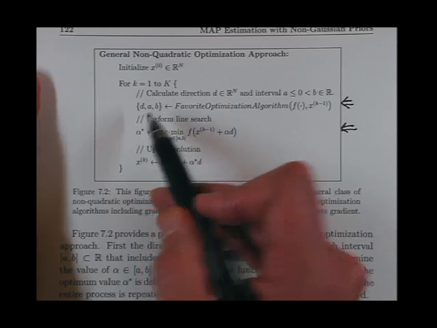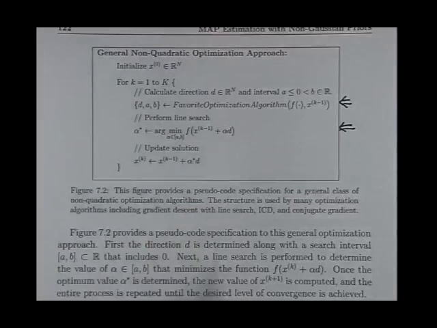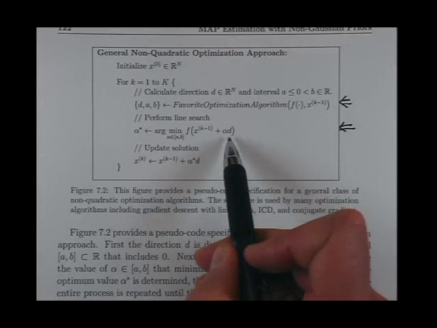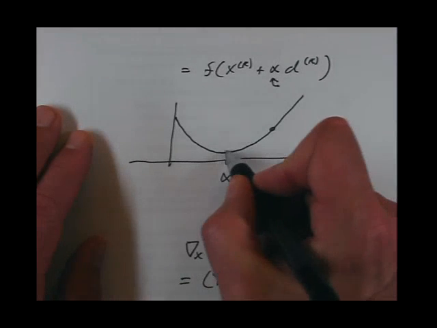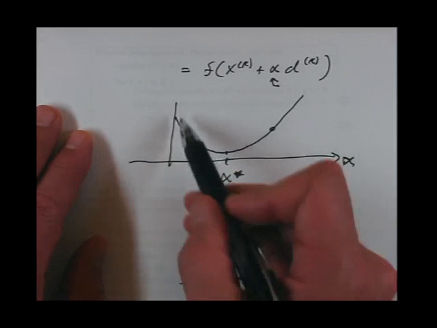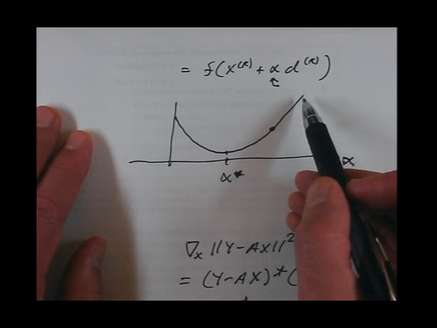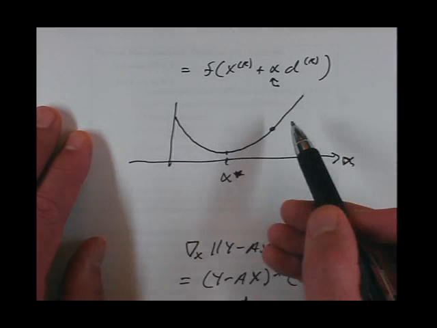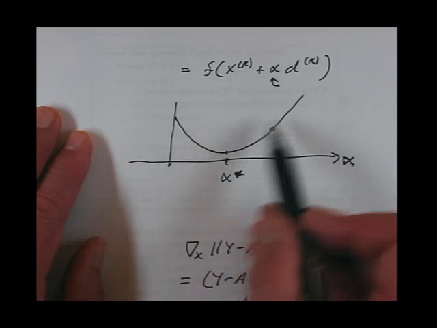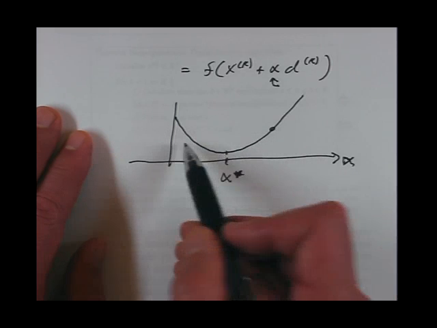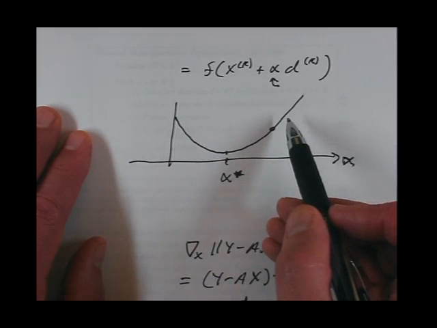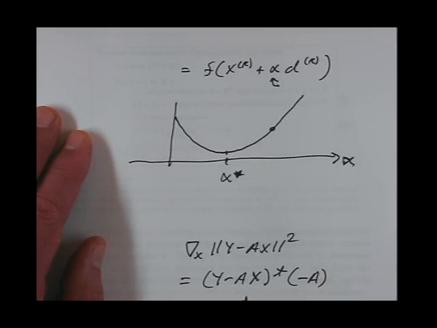And what really the problem is, if you're doing the minimization of this line search, it's very easy to see that the minimum here is at the bottom, but that's because I have the value of the function along all these points. If I don't know, then the question becomes, how do I figure out where the minimum is with the minimum number of evaluations of the function? It's like you're playing